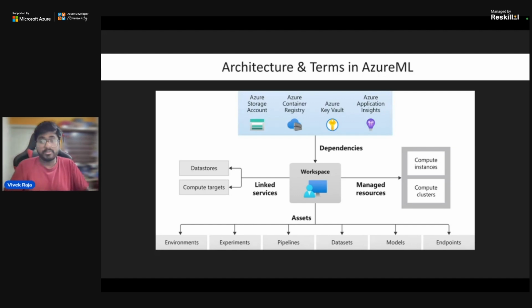Managed resources include instances and clusters. Azure offers a lot of varieties of compute that you could leverage, depending on how much virtual compute I need, the pricing associated with it, and the storage I need. You could select according to the workload you are going to be executing.